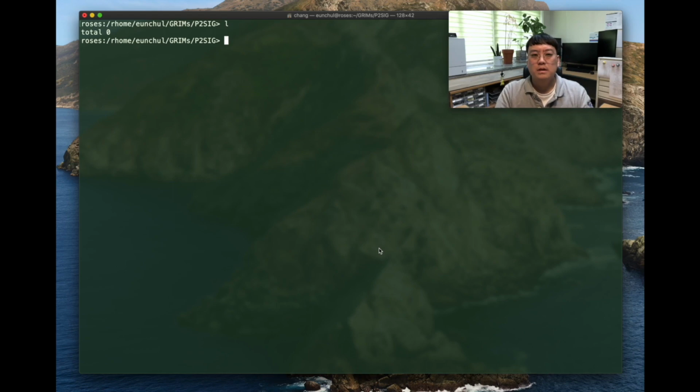Okay, that is what the p2sig processes do. So first we have to download the p2sig package, but the p2sig package itself is exactly the same as the global models package. So let's just start to get